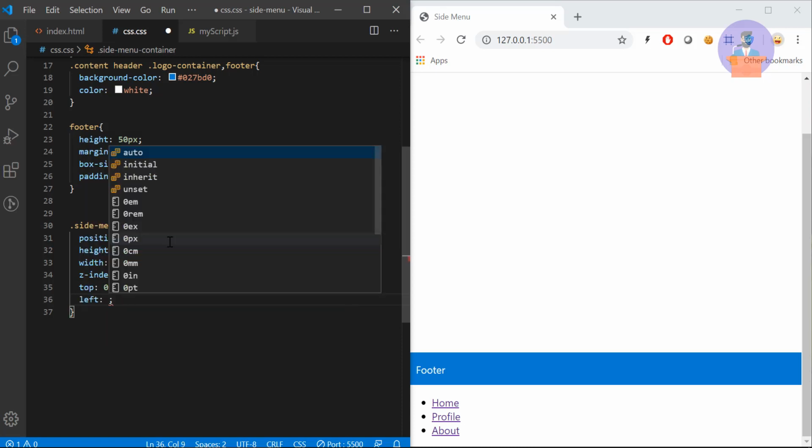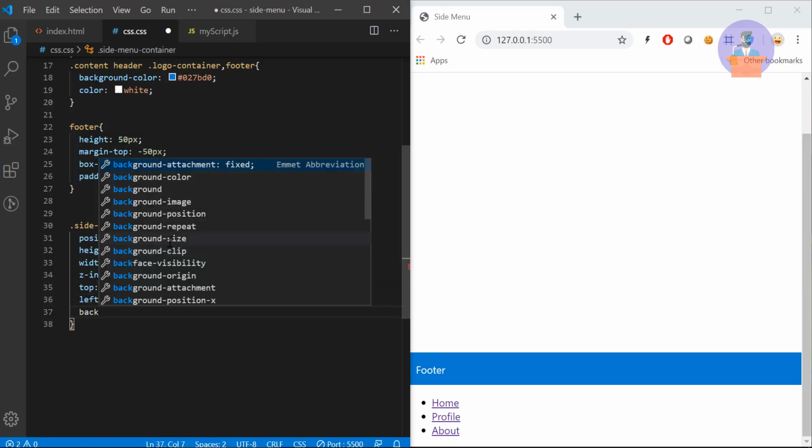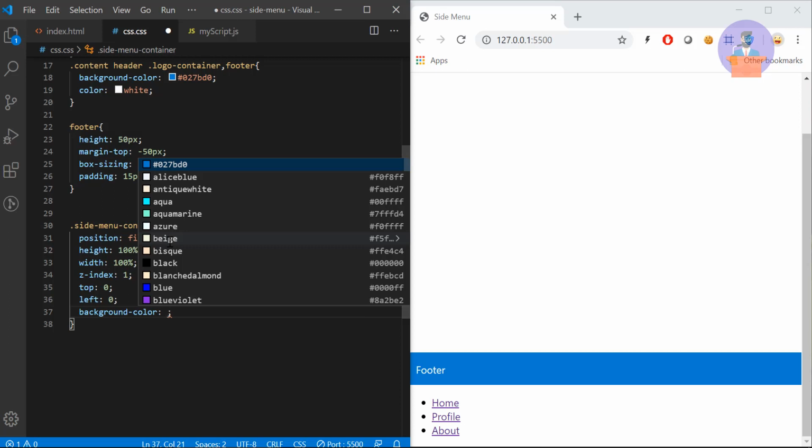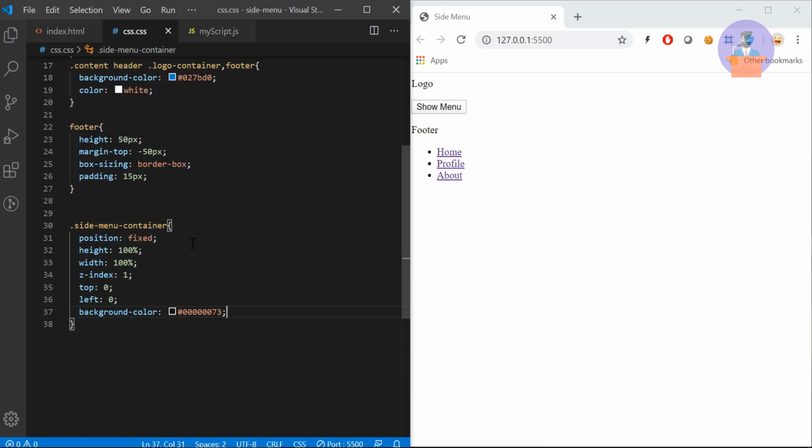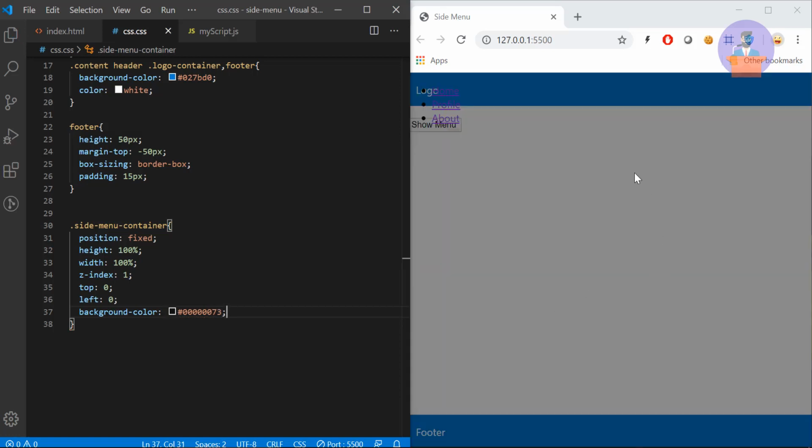So it will start from left 0 and top 0, and I will provide a background color as light black. I already defined the color, so you can use the same: hash 00000073. Let's save it. So we have a light black background color, and over here we are having menus.